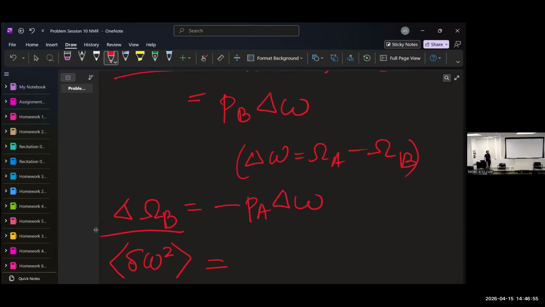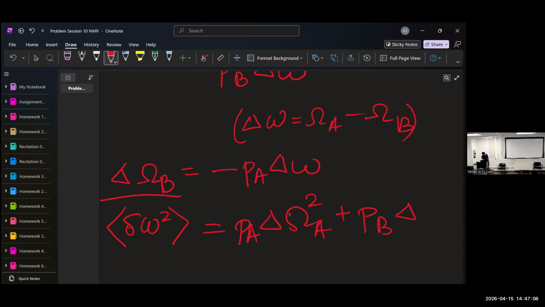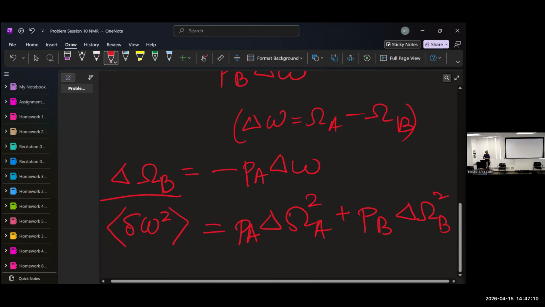Does that make sense? Because each term has a weightage of the field. And what we did would have been true if you had half and half. But